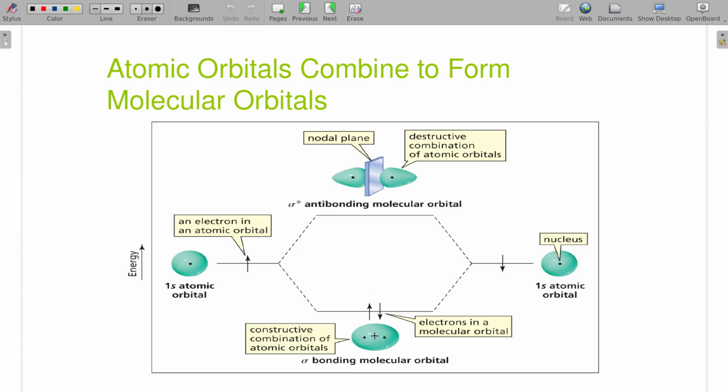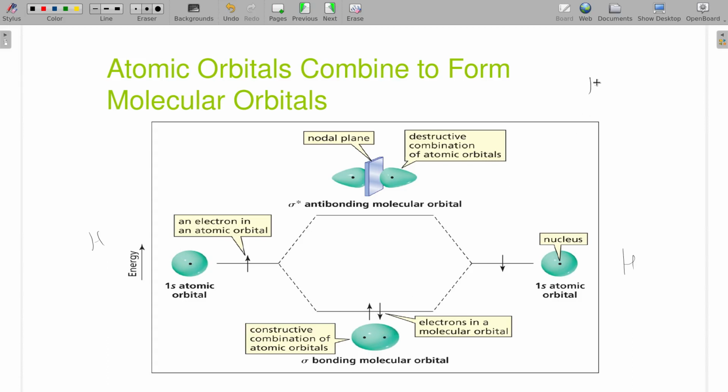So we have that overlap where the atoms want to bond and the orbital is lower in energy than the 2 s orbitals that created it. And then we have an equally bad orbital where they're out of phase to one another. Now, mathematically, both of these exist, but if we're dealing with something like hydrogen, which each hydrogen just brings 1 electron to the molecule, those both go in the lower, more stable bonding orbital.